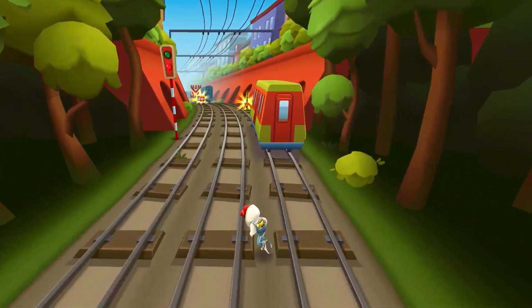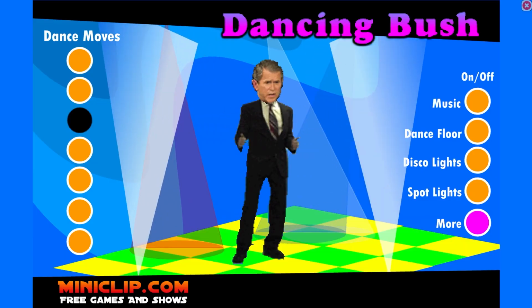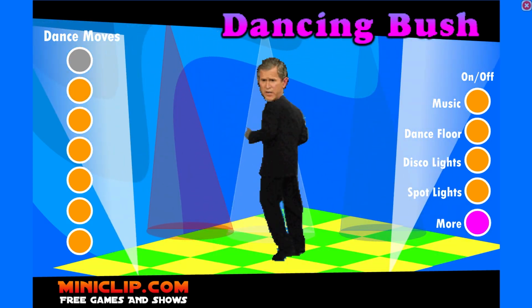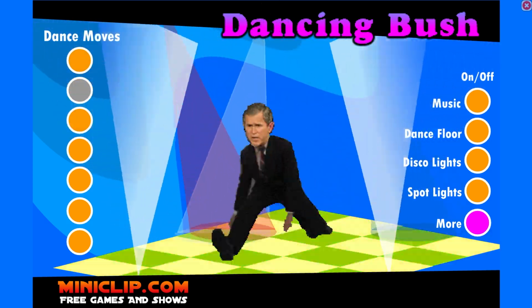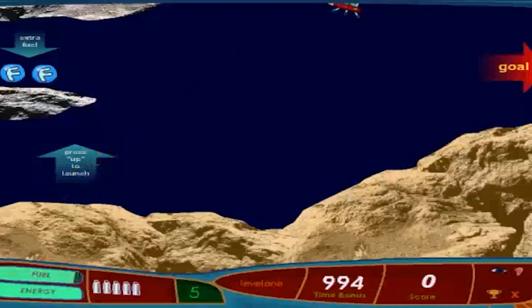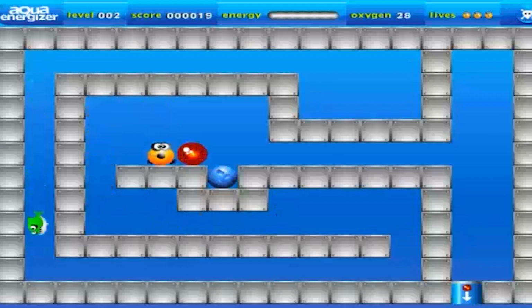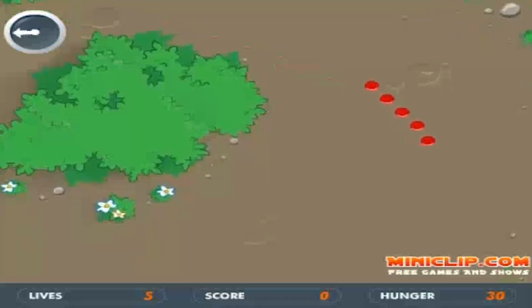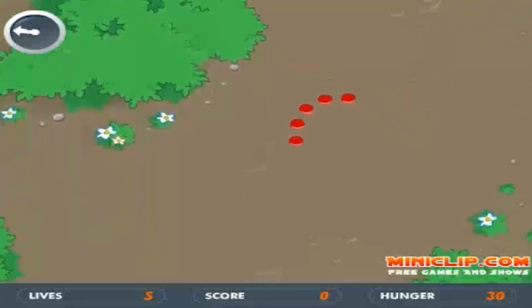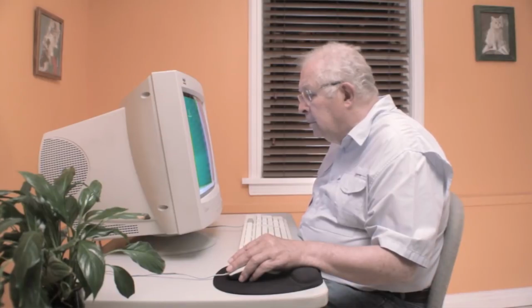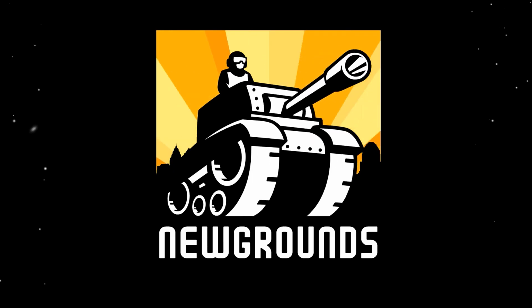However, there was one problem: keeping users on the site. Dancing Bush kept people engaged for only a few seconds, and Rob knew this. To make more money, more interactivity was needed, so he hired a team to create simple games for Miniclip, which weren't particularly noteworthy and were often endless. These games lacked soul and original ideas, but on the other side of the internet, Newgrounds.com was waking from a long,